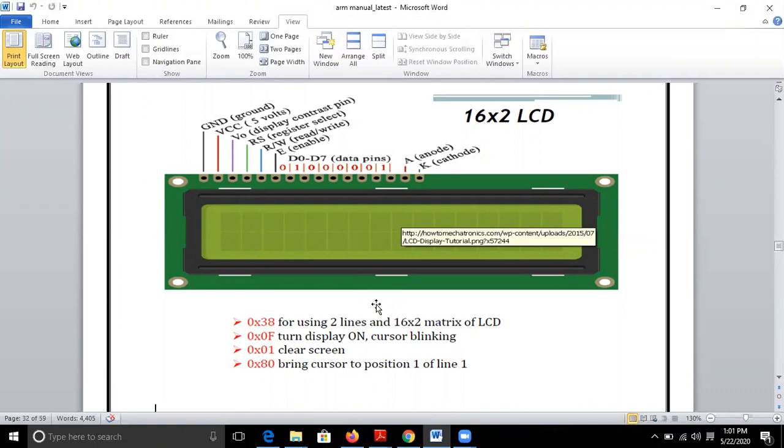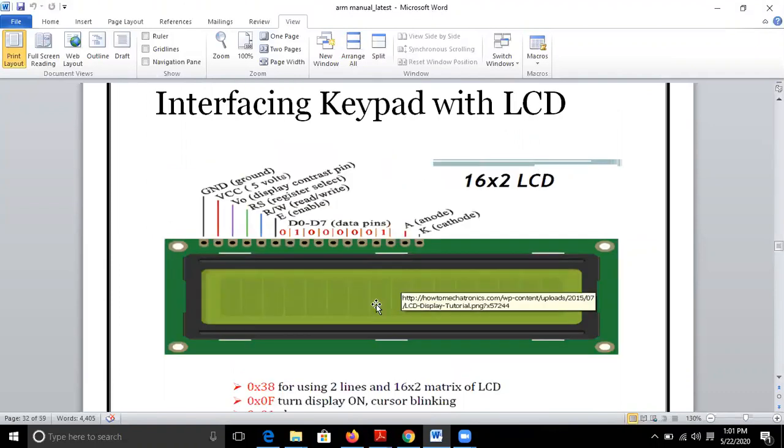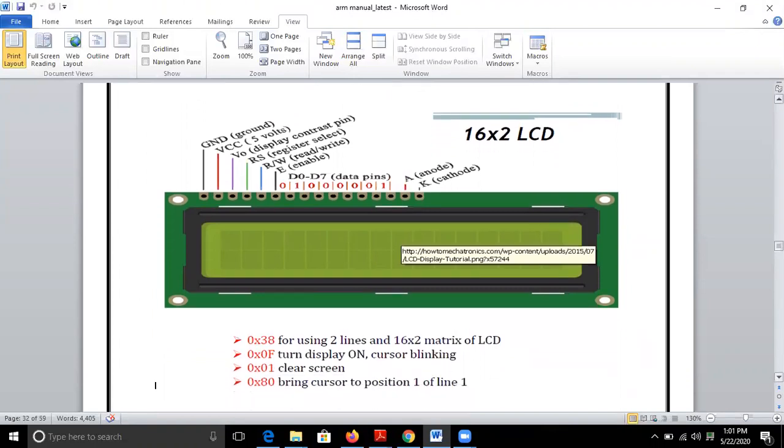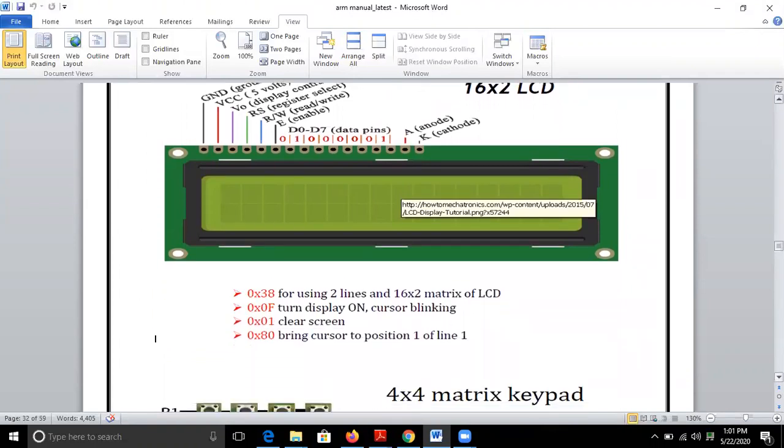LCD unit. There are a few commands that we will be using to control the display onto the LCD.